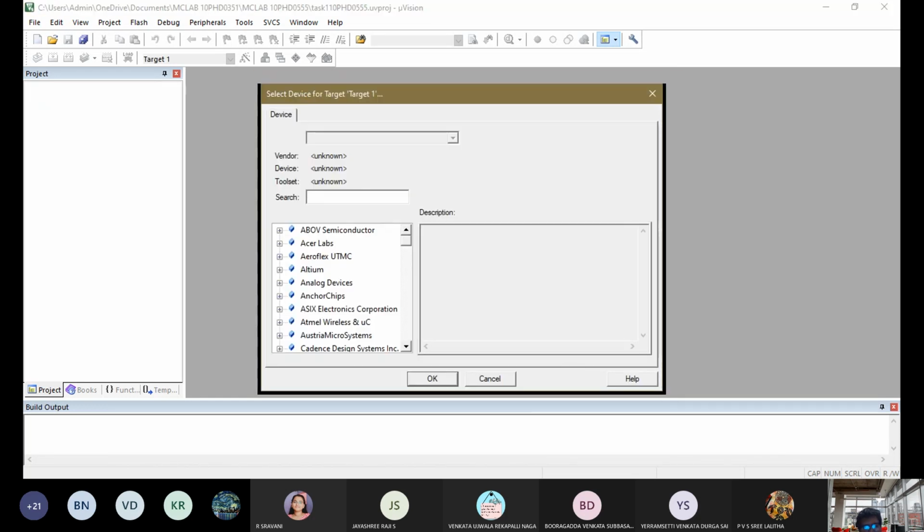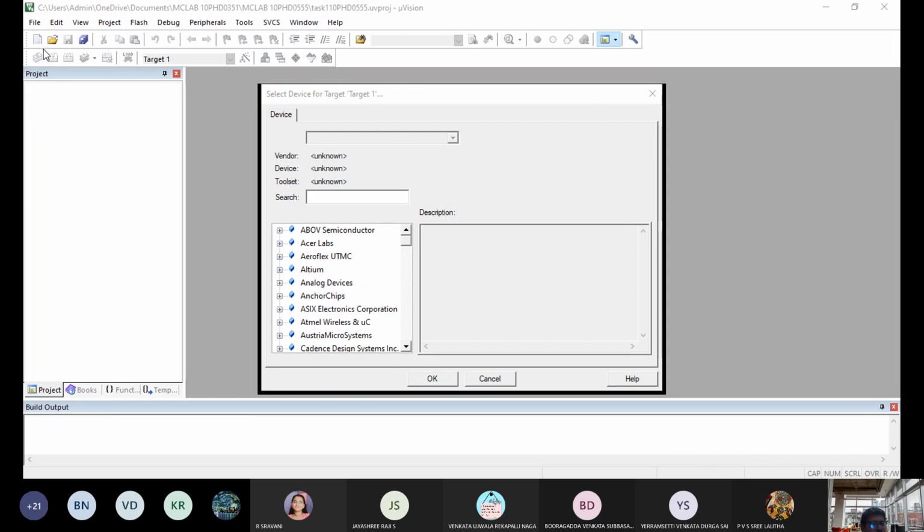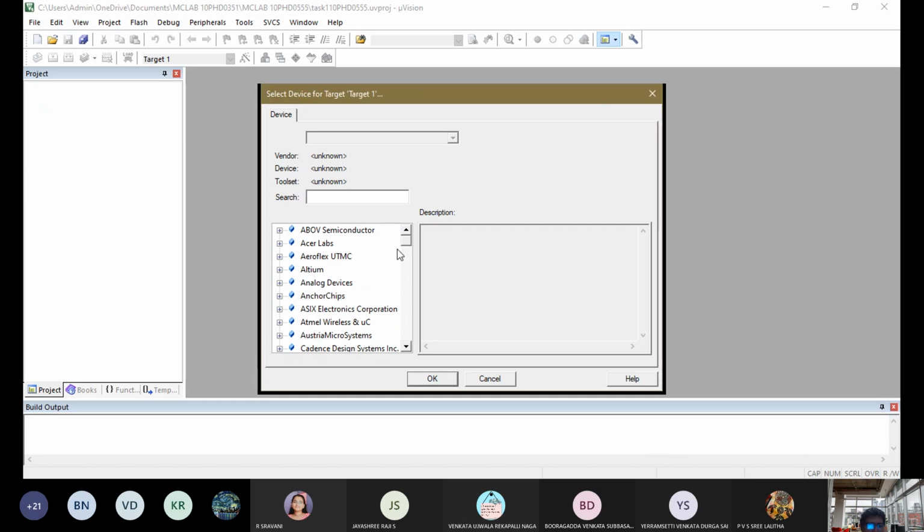This window will come, and I will share this window for your future reference. In this window, you give the IC we are going to use in our laboratory. It is an 8051 family IC from Philips.